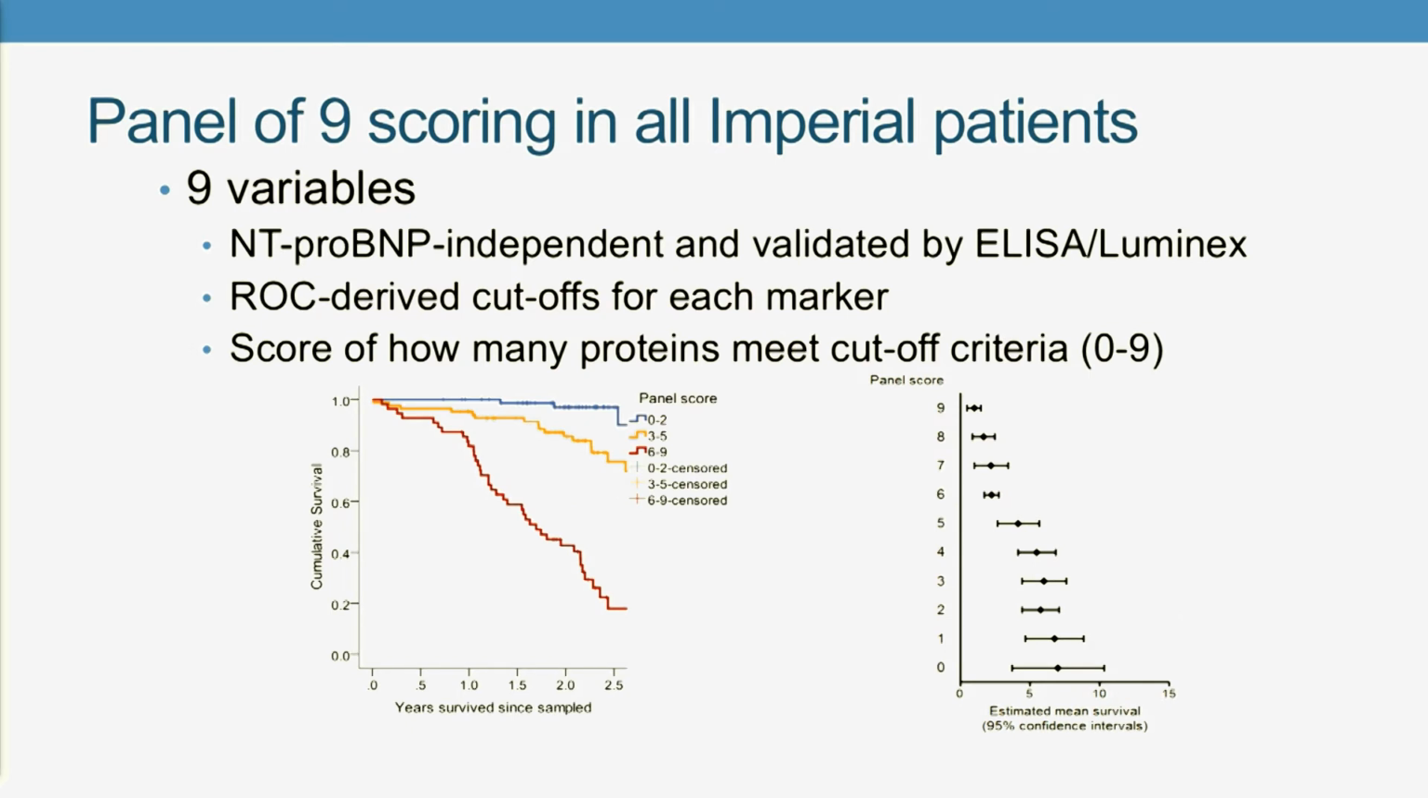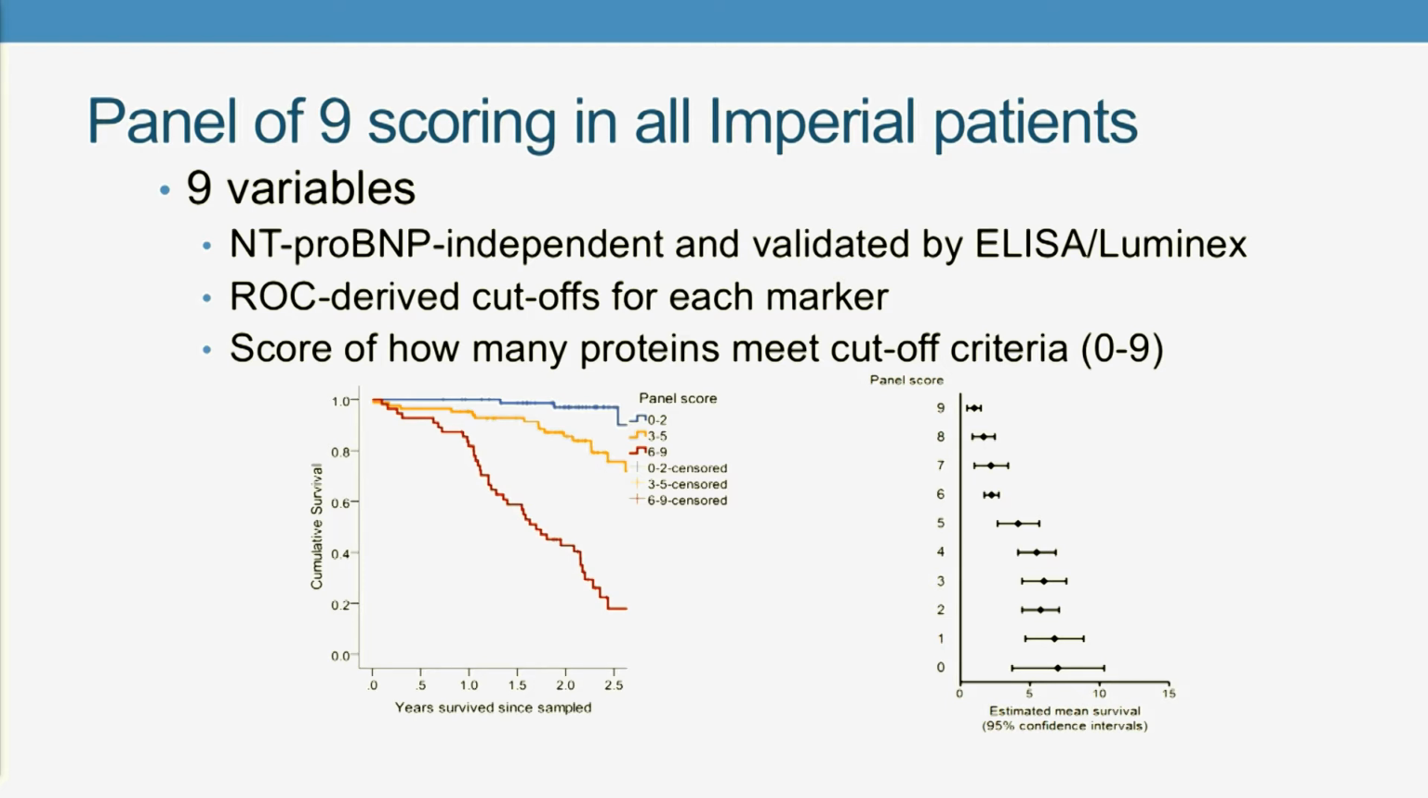So we narrowed it down from 1,100 proteins to 9 that we think are really robust statistically and also able to be reproduced in our hands in the lab. And what we did then was we wanted to produce a very simple scoring system. So we did ROC analysis to find specific cutoffs for each marker, which were best related to risk in the patients. And then you can simply count for each protein,